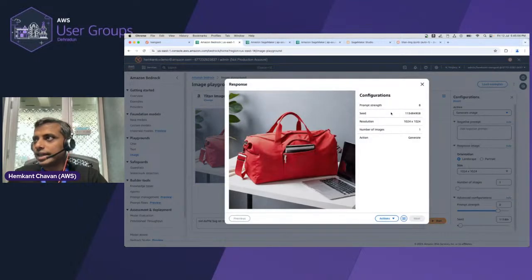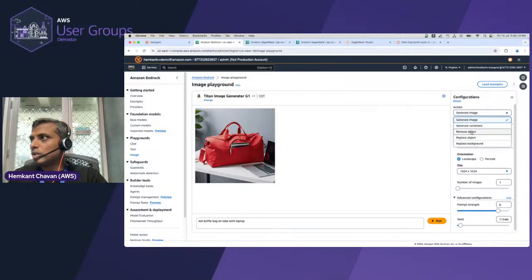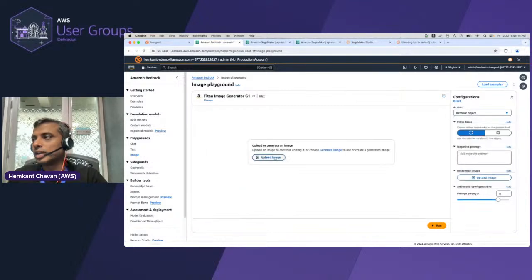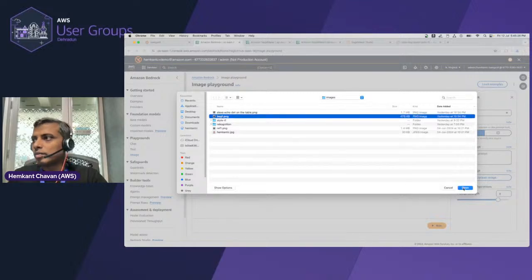So it is still in the shadow, but okay. We could have been more explicit, that put that laptop on the right hand side without shadows, but let's see. So I want to remove some objects. Okay, I forgot to download that. Okay, let's do one thing. Let's use the same image that we have used. Bag one,